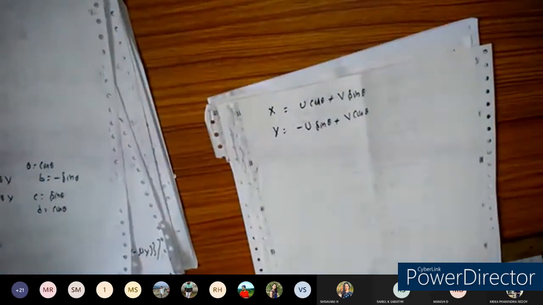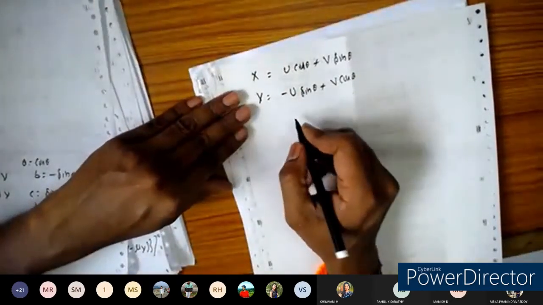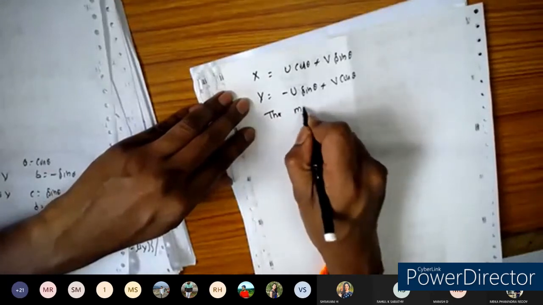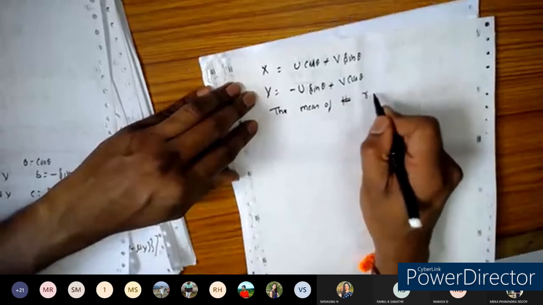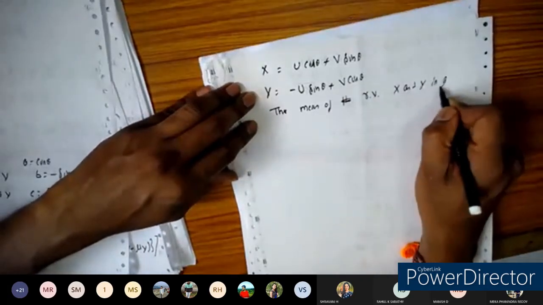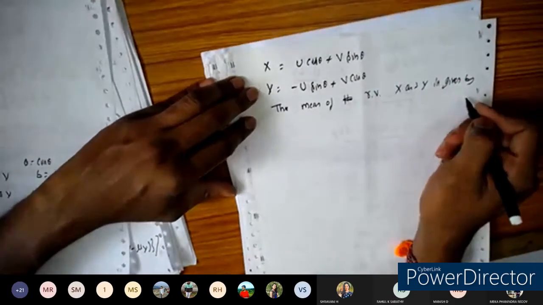Now let us find out the mean and variance of this one. So we can take the mean, and the mean of the random variable x and y is given by